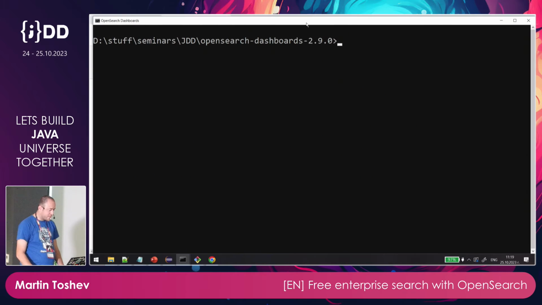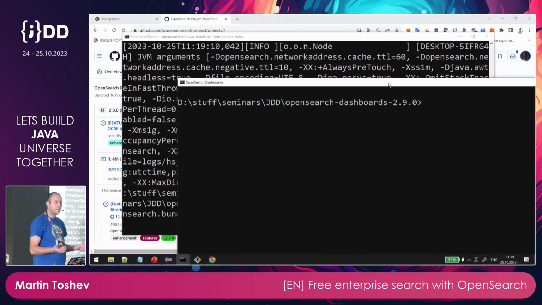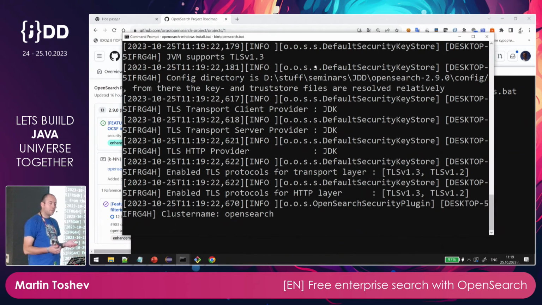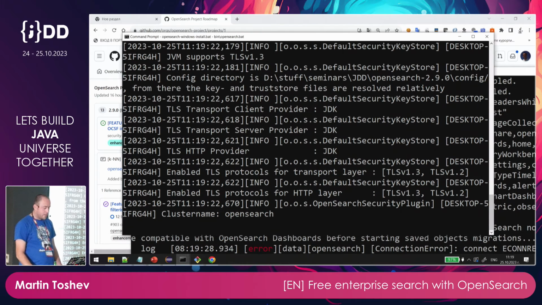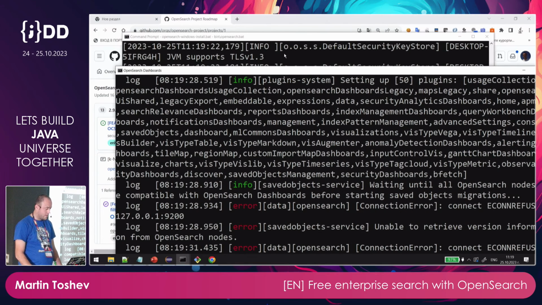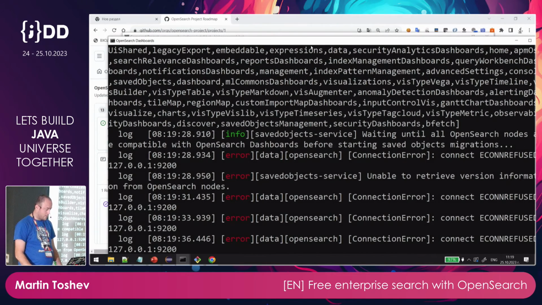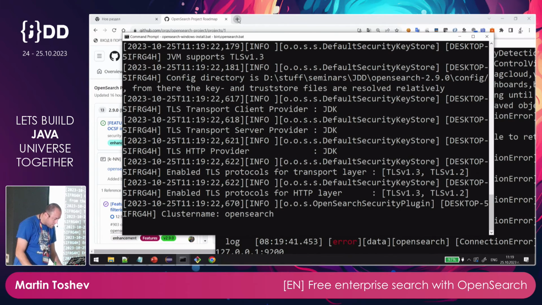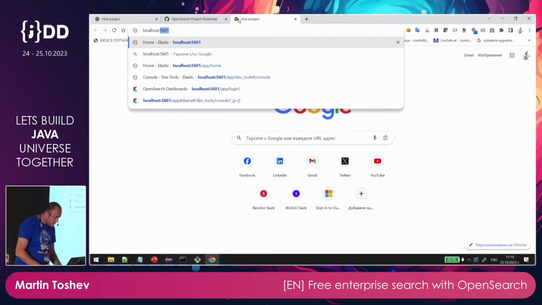And for OpenSearch Dashboards, which is Kibana for OpenSearch, I can also start it in the same way as I do with Kibana. I can just say bin OpenSearch Dashboards, but when this starts up, it pretty much by default uses the same ports as Elasticsearch. For OpenSearch Dashboards, that's 5601. So now I need to wait a bit for OpenSearch to start. I can just go to localhost